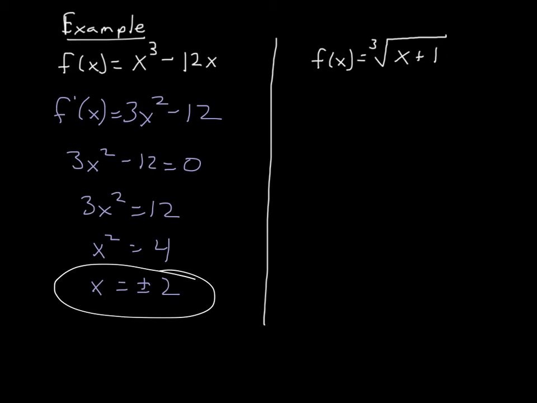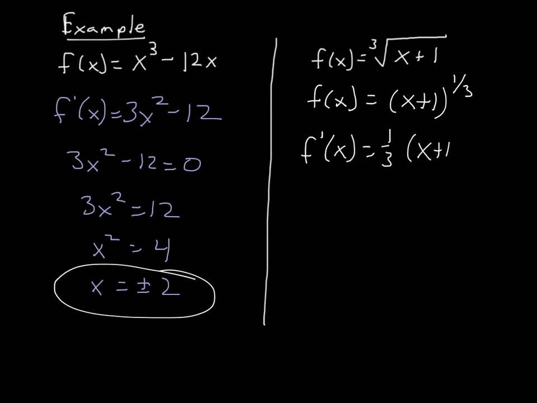In the next example, f of x is the cube root of x plus 1. The first thing I'm going to do is write that using exponential notation. So f of x, instead of cube root, is x plus 1 to the 1/3 power. I take the derivative of that, and using the power rule, I get f prime of x equals 1/3 times x plus 1 to the negative 2/3 power,